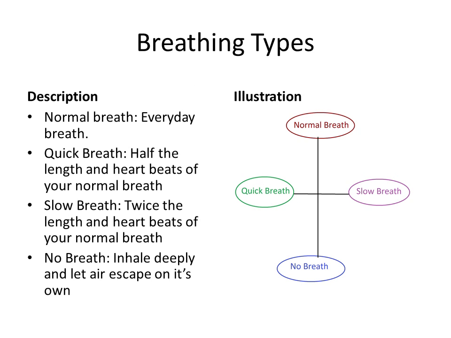Breathing types. When the cross is applied to the idea of breathing, you come up with 4 different types. The first is your everyday breath. The second is your quick breath. This is half the length and half the heartbeats of your normal breath. You take in just as much oxygen as you would with your normal breath. It does, however, saturate the blood quicker and more heavily with oxygen. This can act to give you an extra stimulant when you need to stay awake or keep warm.